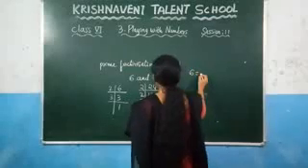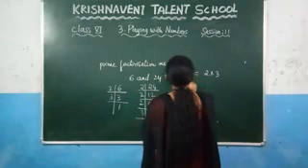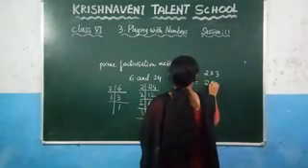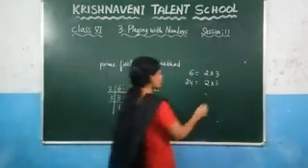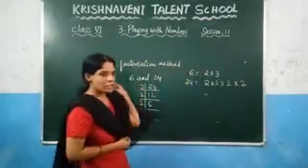Now you can write each number as a product of prime numbers. You can write 6 as 2 into 3. Right? And similarly, how can you write 24? 2 into 2 into 2 into 3. So here, 2 into 3. How many times is 2 there here? 3 times. So write 2 three times here. And what is the next process here?